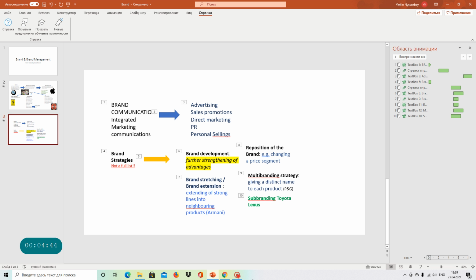Well, obviously this is not the full list, but here you can see a lot of very useful vocabulary, terms and notions which we're going to use together with you in our lessons.